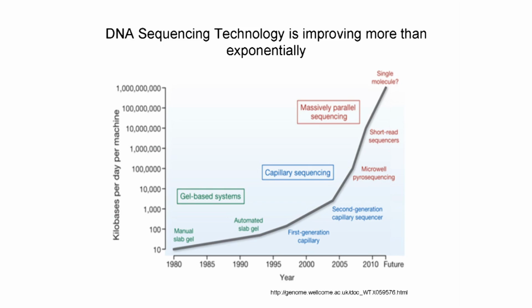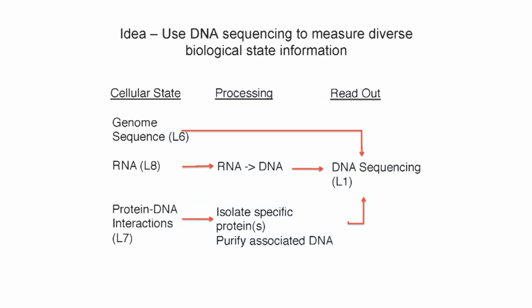In lecture 7, we'll be talking about protein-DNA interactions, which Professor Burge already mentioned. The idea that we can actually locate all the regulatory factors associated with the genome using a single high-throughput experiment. We do this by isolating the proteins and their associated DNA fragments and sequencing the DNA fragments using this DNA sequencing technology.